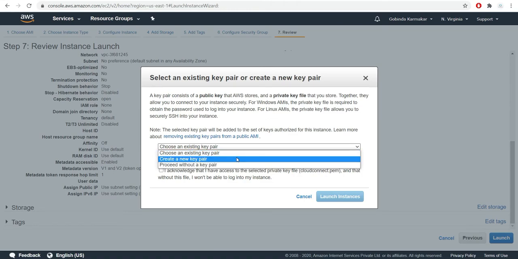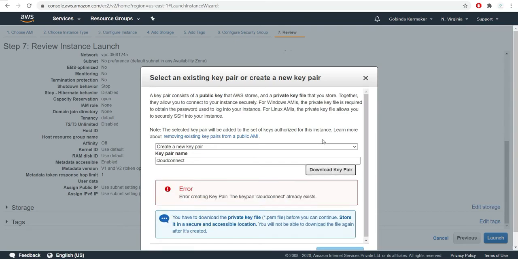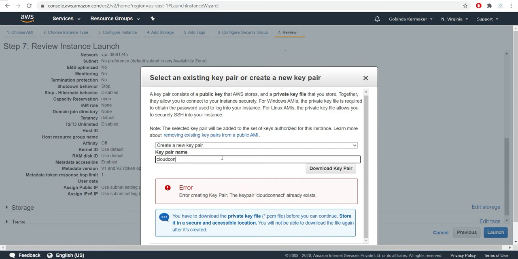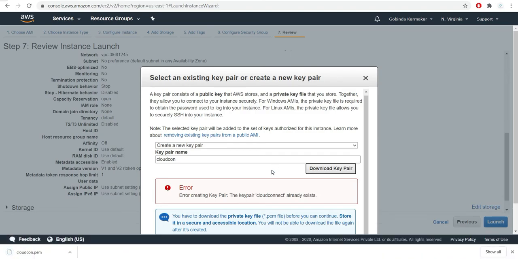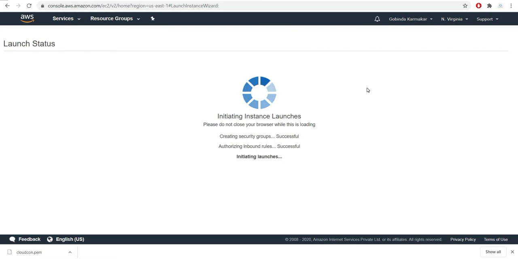So we will create a new key pair and name it Cloud Connect, and we will download the key pair. Okay, sorry for that, this key already exists. So let's make it CloudCon. The key has been downloaded. So let's launch the instance.